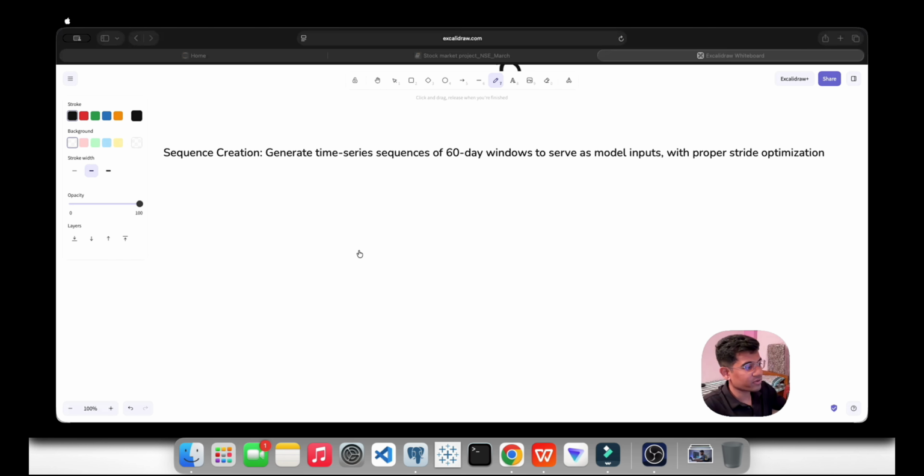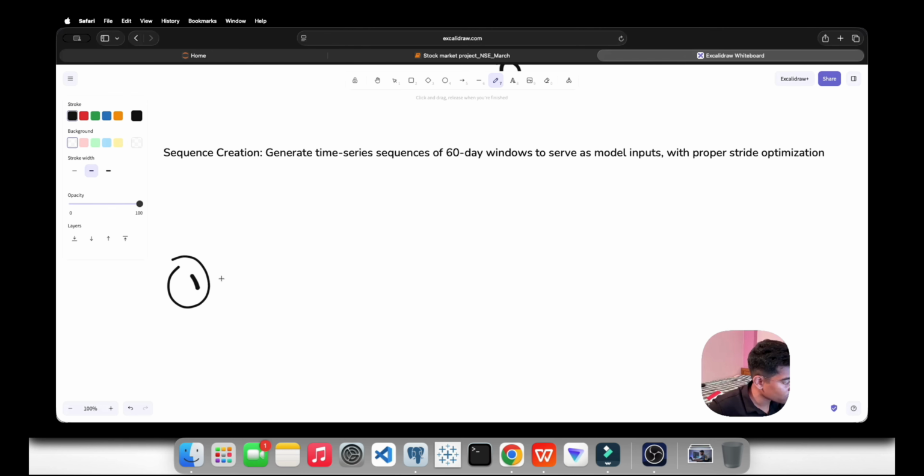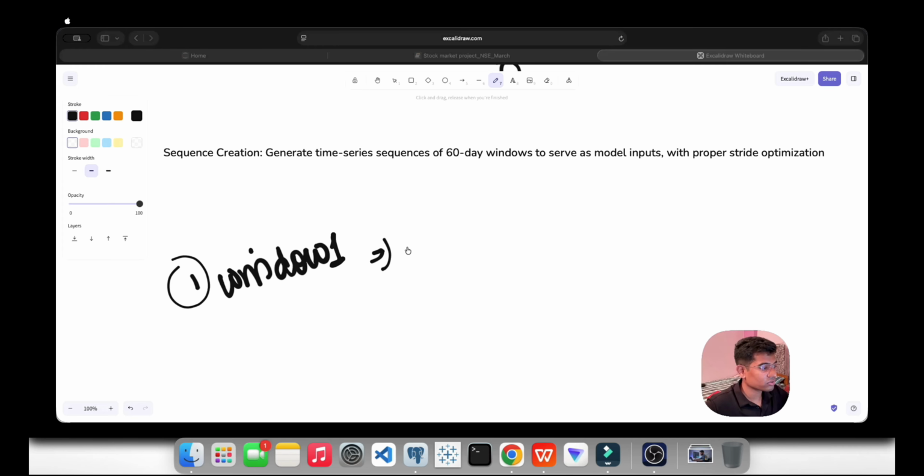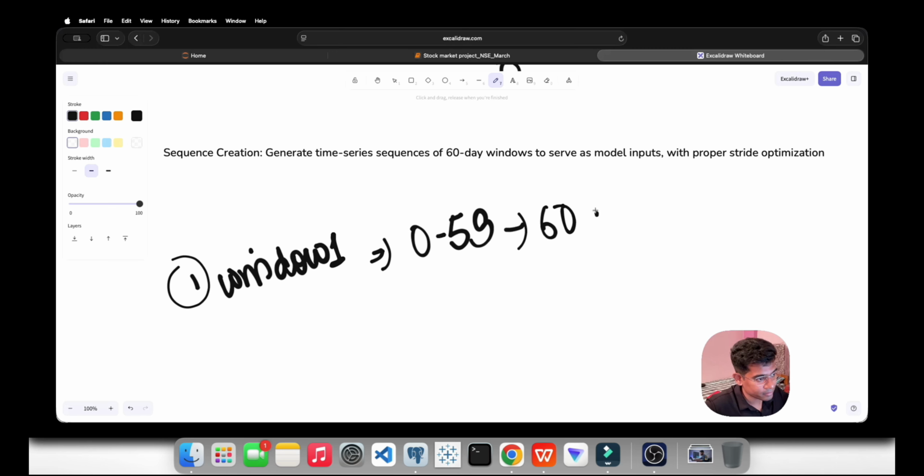In this, we are creating windows here. Suppose window 1 is all about day 0 to 59. How many days? 60 days.